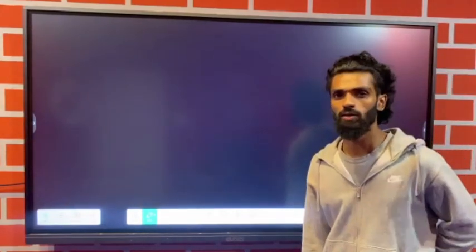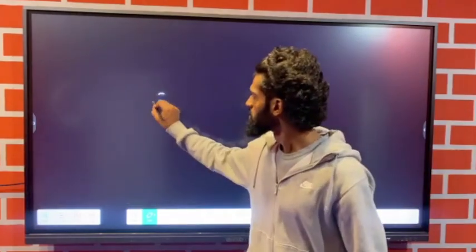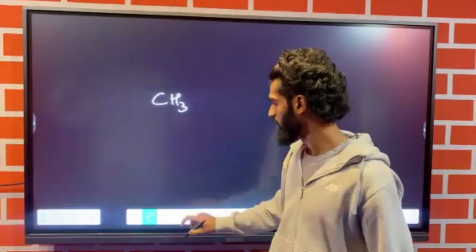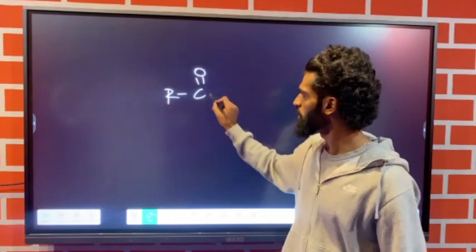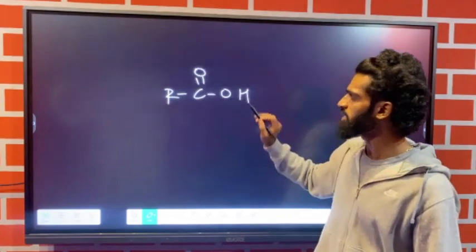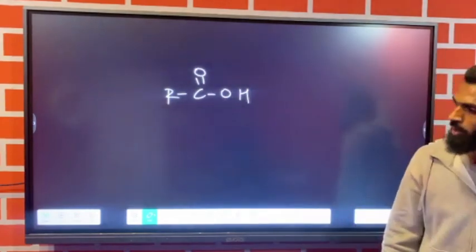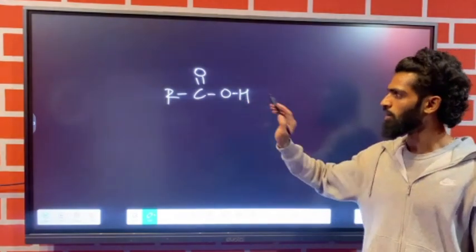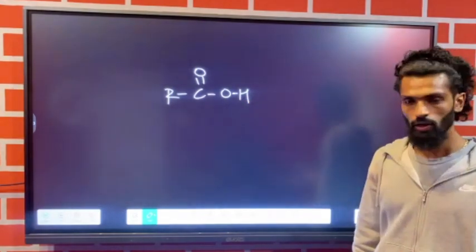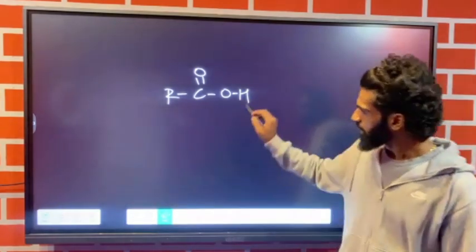How do we write carboxylic acid? I'll teach you first. CH3... okay, fine, your language: R, C double bond O, single bond O, H is called a carboxylic acid. I have a small doubt here: between O and H, obviously there will be a bond. Okay, fine. What I'm going to tell you is, instead of writing H,